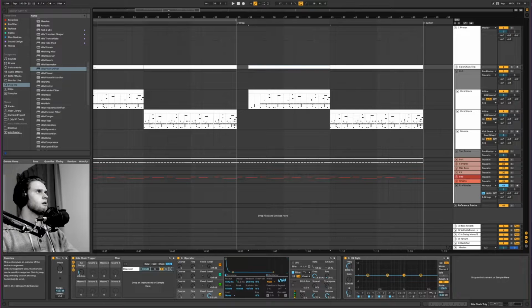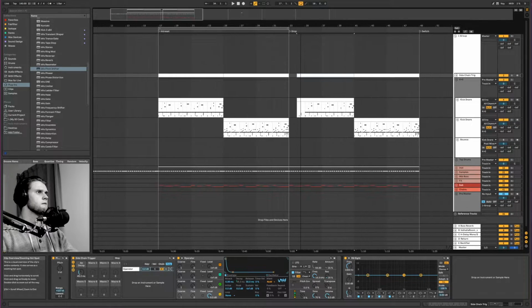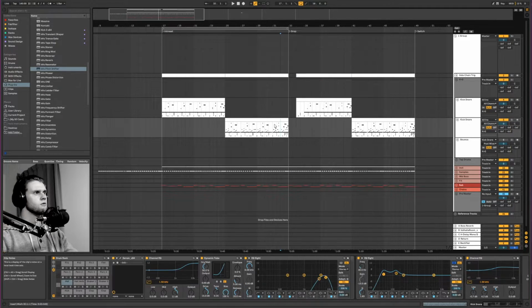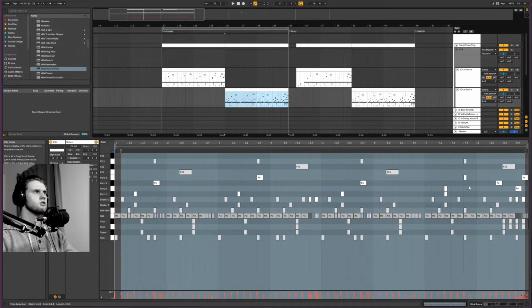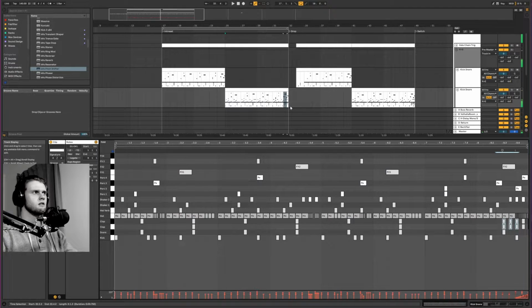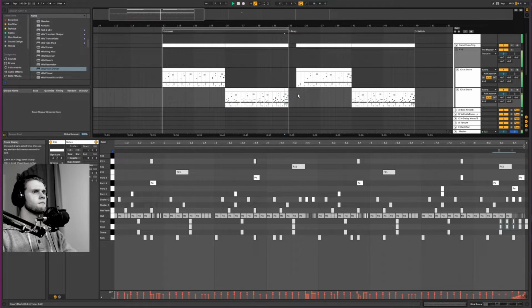A trick that you hear a lot in music that's made today, within 140 and stuff, is as you're coming up towards the end of a bar, you'll have some sort of thing signifying that there's going to be a change. So here I've duplicated the hats a lot. So then that would lead into